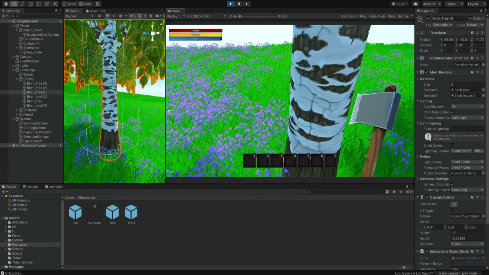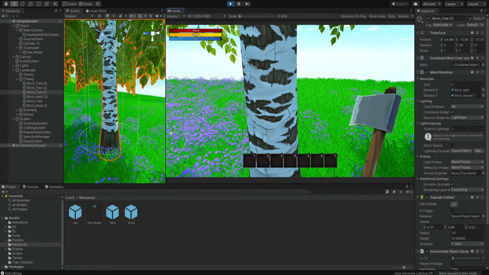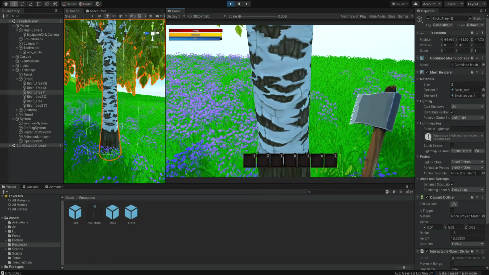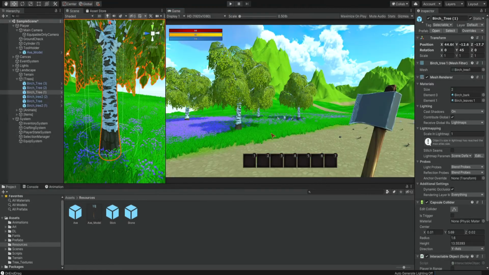Of course, we also need to add some kind of effect, like maybe some kind of sparkles or some kind of wood chips flying off, right? And when we are going to have the sound effects, we're going to have some kind of hitting sound effect. So these are all the things that we had to do to make our model work, okay? Of course, right now it only swings and appears in our hand, but all of this was just a preparation for the next episode. And in the next episode, we're going to actually hit these trees.